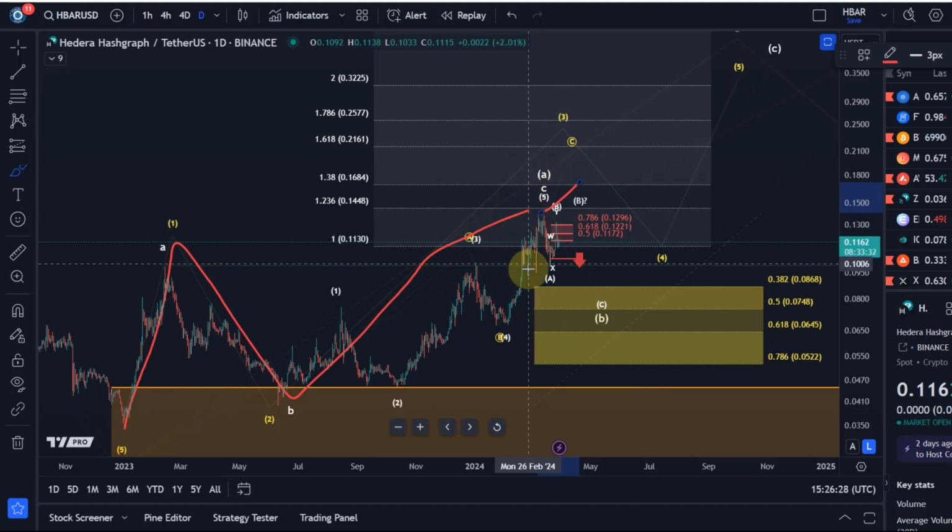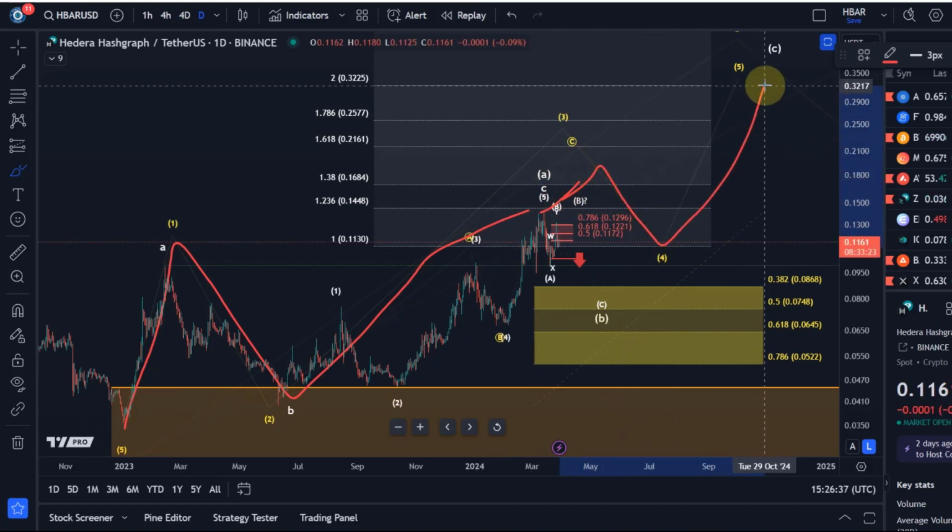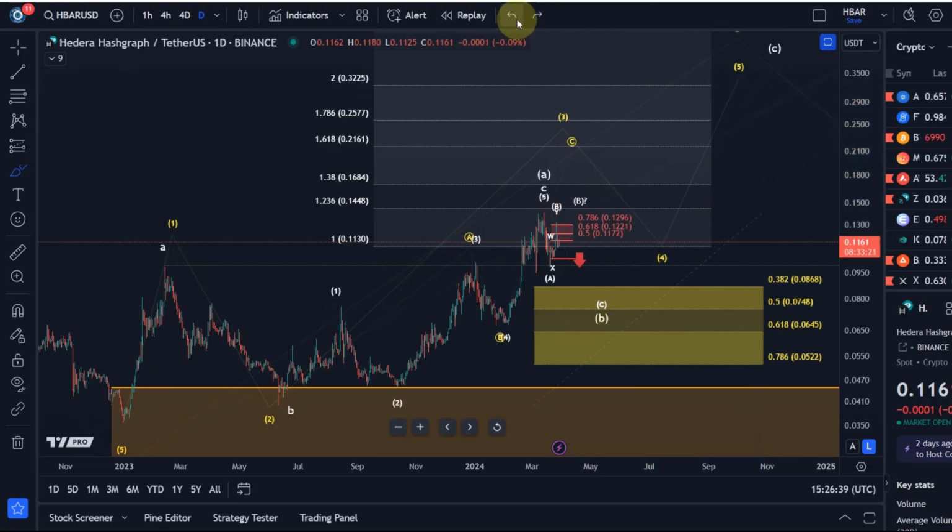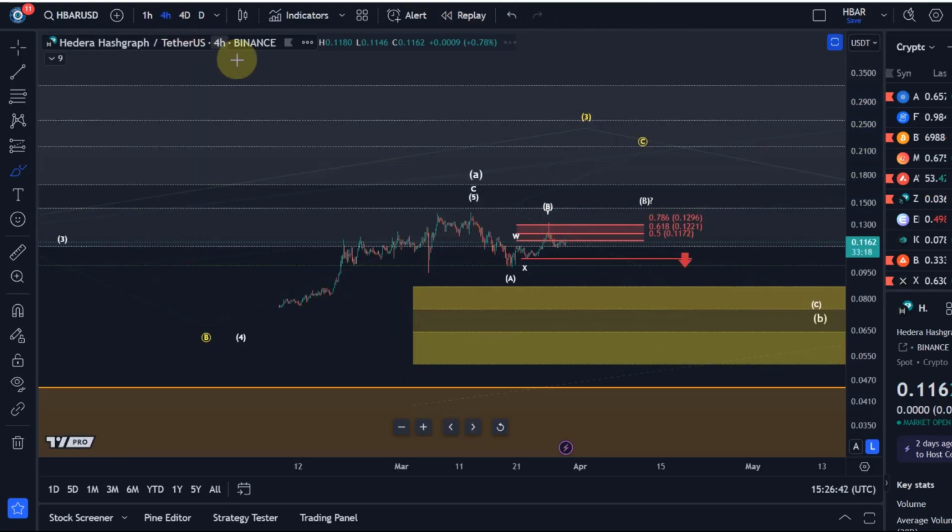In fact, we're talking about how we can distinguish these two counts on the smaller time frame. But as soon as the wave 3 is topped, then we can look at the wave 4 pullback and then a wave 5 to the upside. So looking at the shorter time frames then,